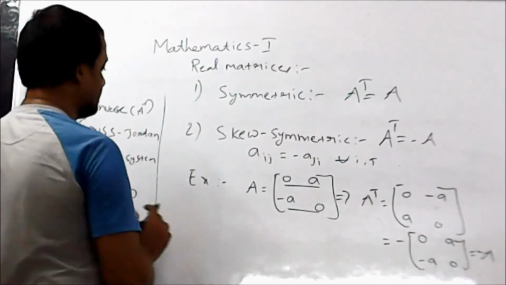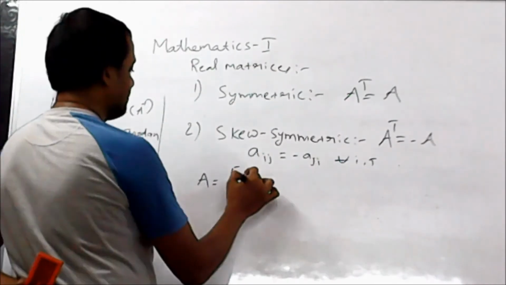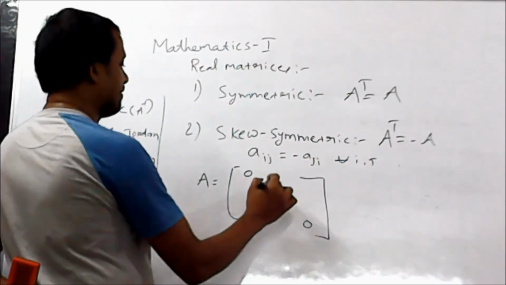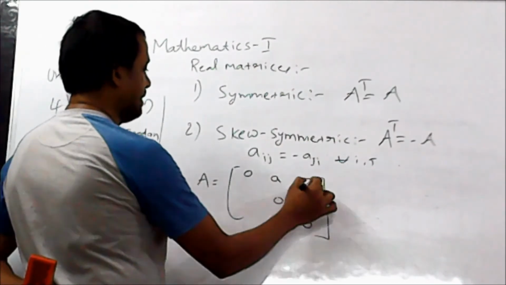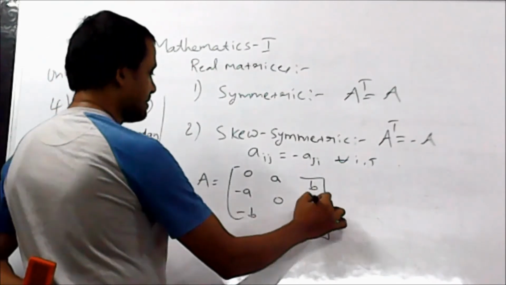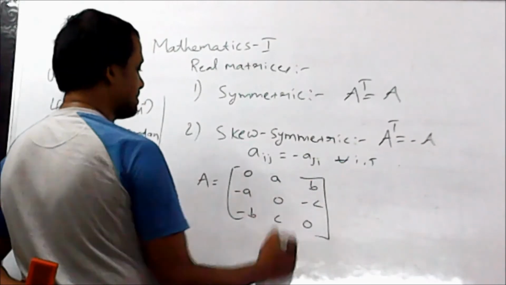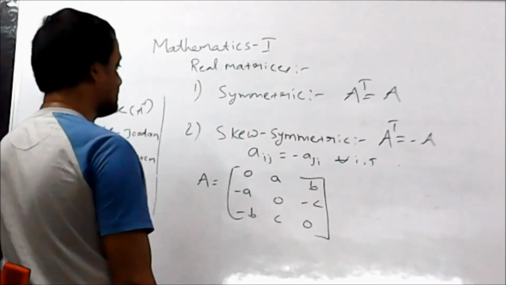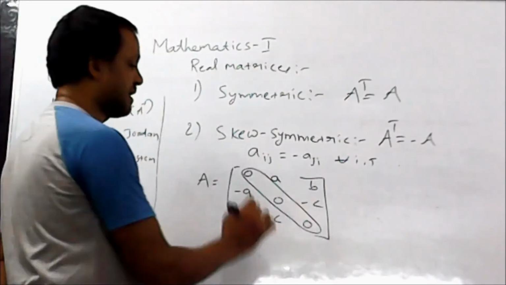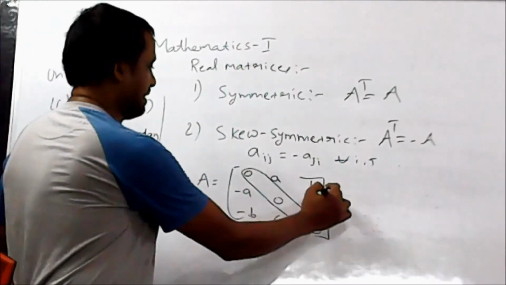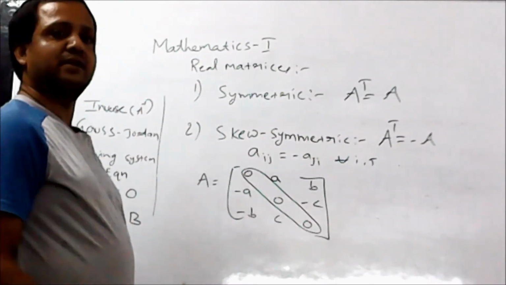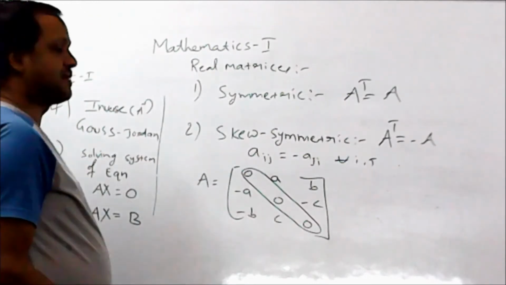Okay. So 3 by 3 also you can write. It's simple. If you are going to write 3 by 3, first put all the diagonal elements as zeros. For the remaining, whatever you write here, suppose a, b, you have to write here in the form of minus a, minus b. Suppose here you are writing minus c, you need to write plus c here. Their sum has to be 0. So this is the way you can construct any example. One thing you have to remember: the diagonal elements of skew symmetric matrices are zeros. Whatever you are writing on the right hand side, you have to write the opposite sign at the bottom of each diagonal. So this is the way you can construct. This is about skew symmetric matrices.